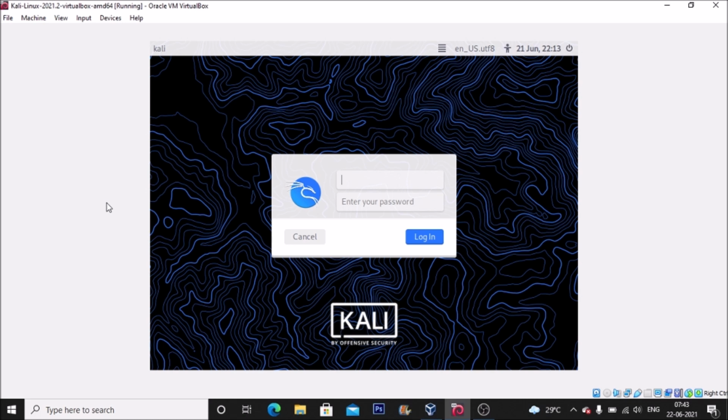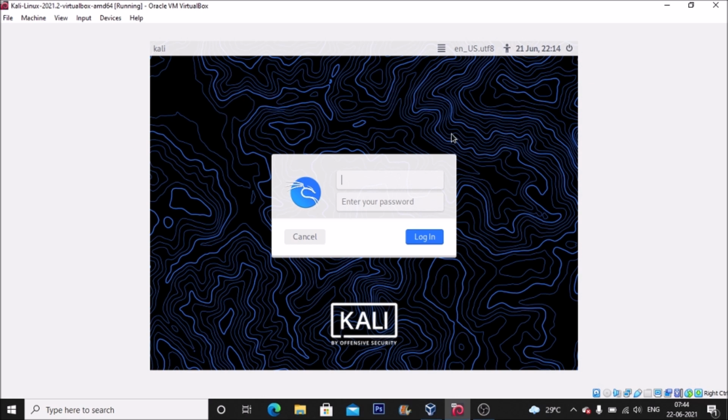Right now this is our Kali Linux 2021.2, which is the latest version, and this is our first login screen, and I am completely lost. I have no password for any user. I have just lost the password. So how can I enter the machine to make changes with the help of the root user? Because if I want to change the password of a normal user, I need to become the root user. So how do we do this?